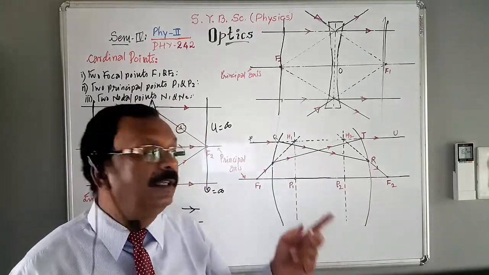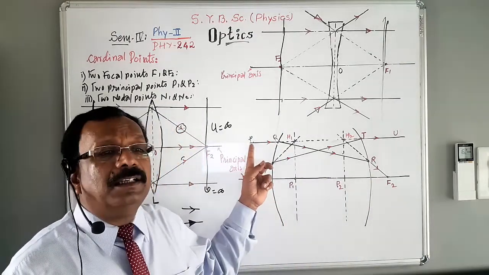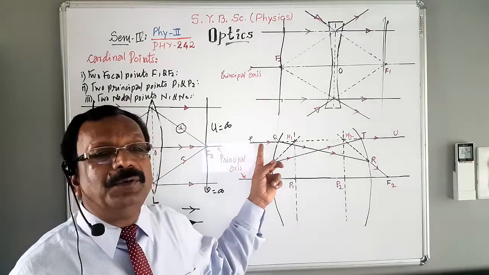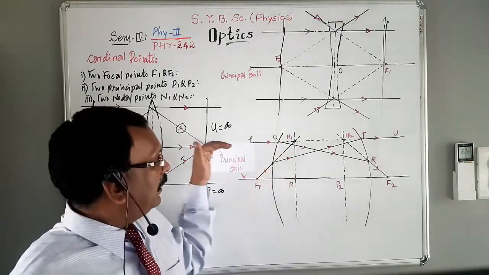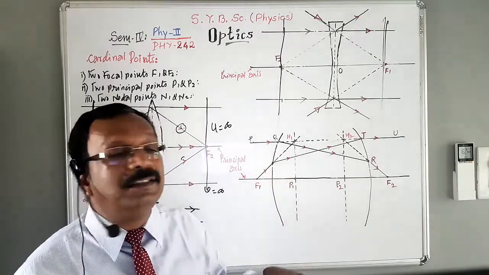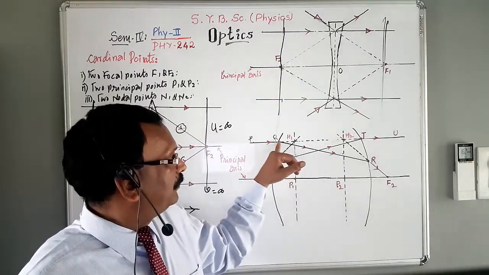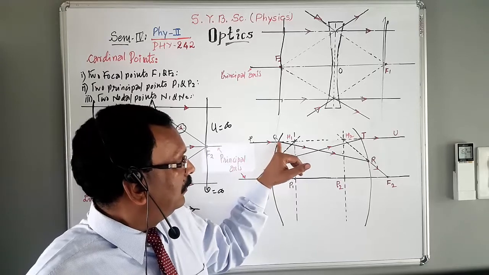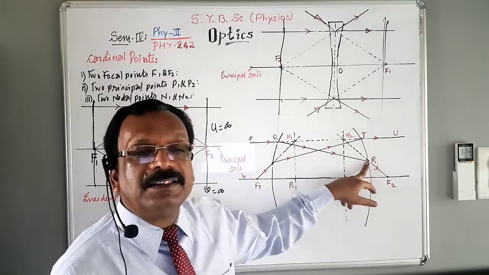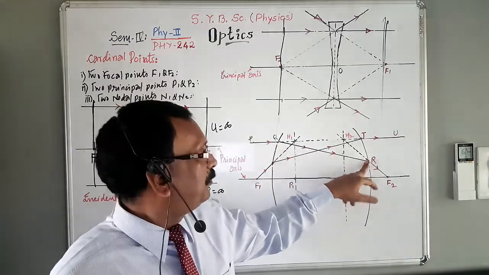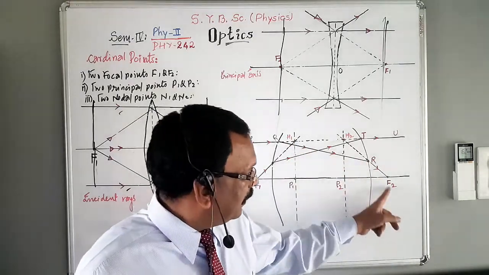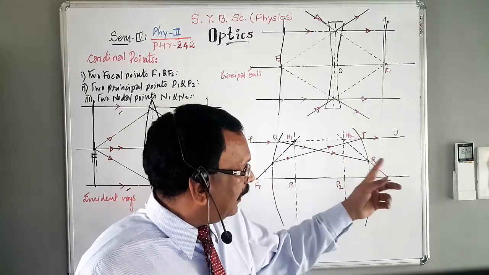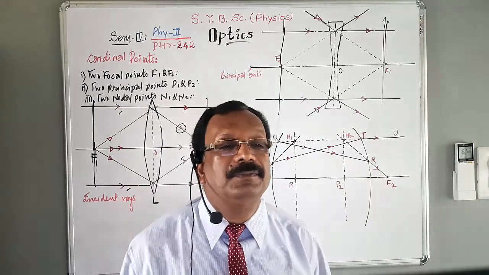I am again going to tell you, consider a ray PQ. Ray PQ is incident at point Q on the first surface. It comes parallel to the principal axis. After refraction, it comes to strike the second surface. That means for this surface, this ray is the incident ray, and this is the final emergent ray which is refracted after the second surface.